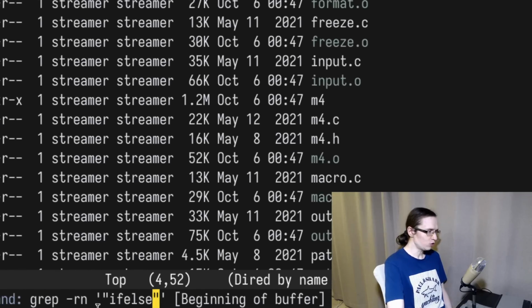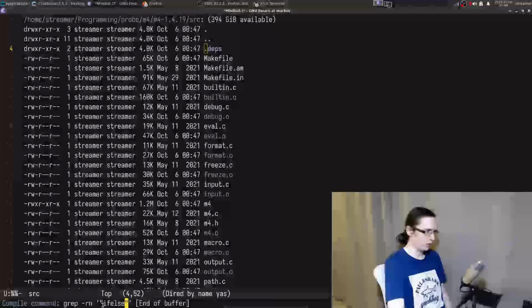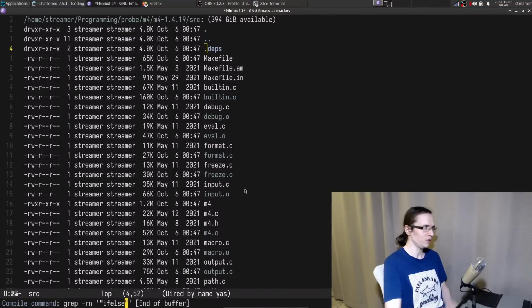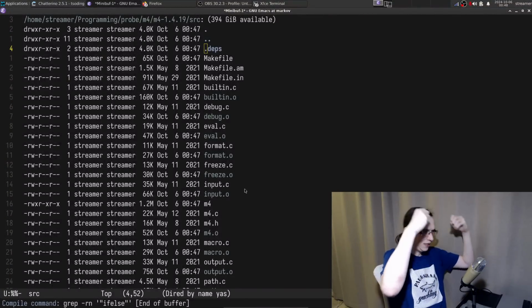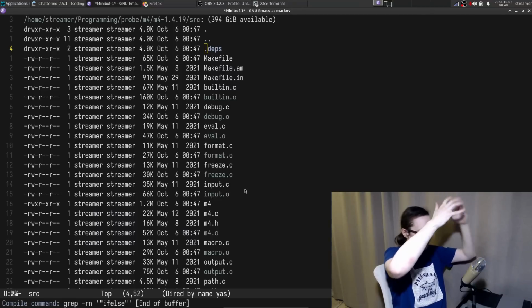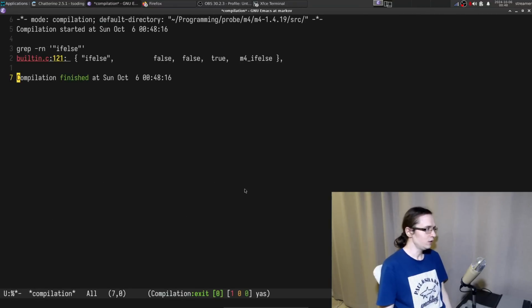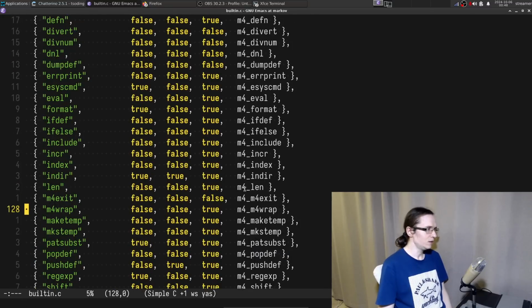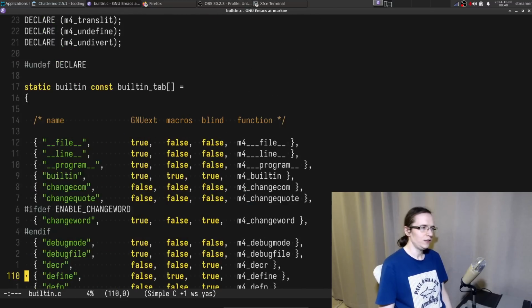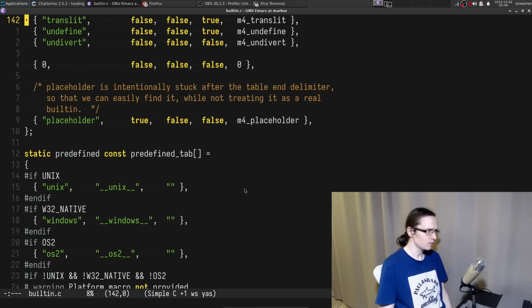And there's probably a string literal that is literally if else somewhere, right? Because as you parse a language, they probably have a switch case or maybe some sort of a table. And in that table, you have all of these names and stuff like that. So let's actually grab it. And here it is. We instantly found it. Okay, so that's cool. So this is where that is. That's very easy to actually extend.